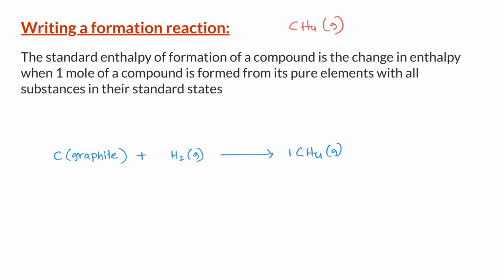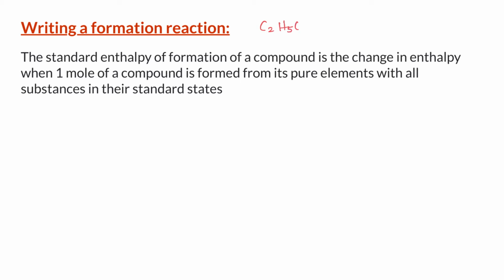Next, we balance the reaction without changing the coefficient of methane. The final reaction is 1 carbon graphite plus 2 H2 gas forms 1 CH4 gas. The enthalpy change for this reaction is equal to the enthalpy of formation of methane. And if you look at the tabulated value, the delta H0F for methane is negative 75 kilojoules per mole. Let us do one more example. Write the formation reaction for ethanol